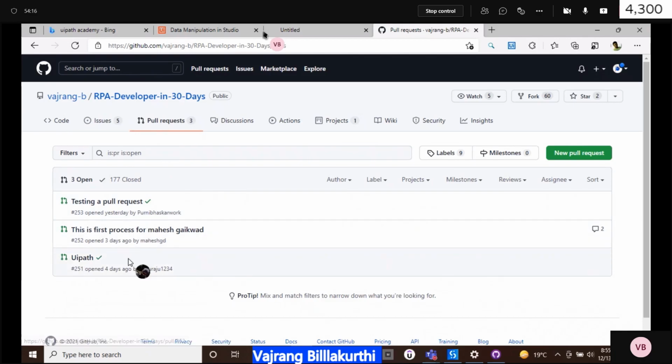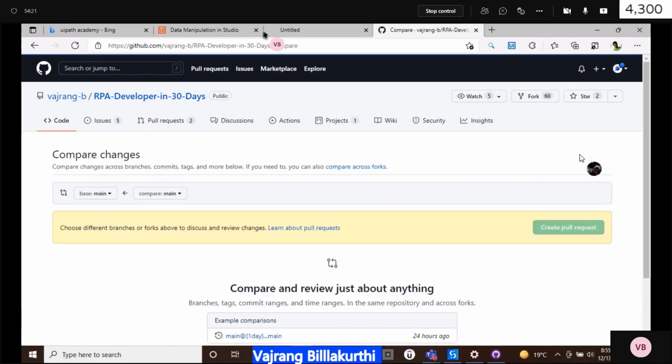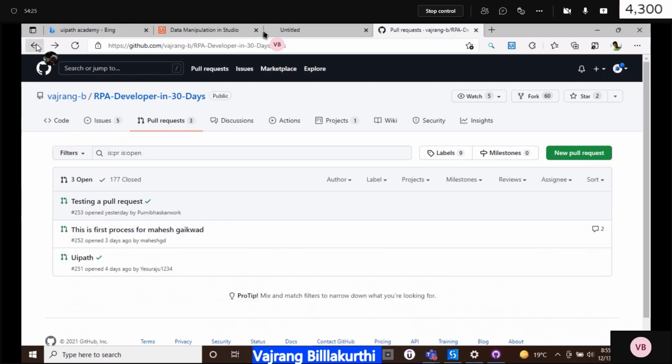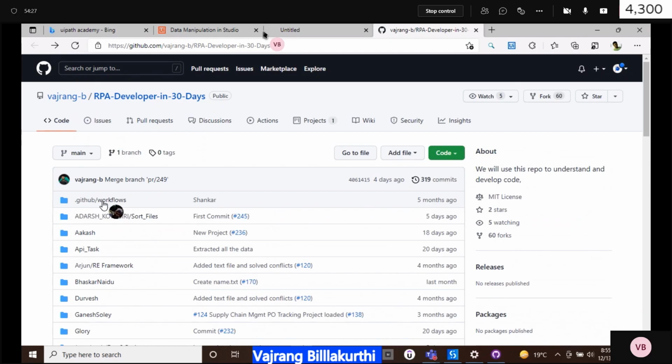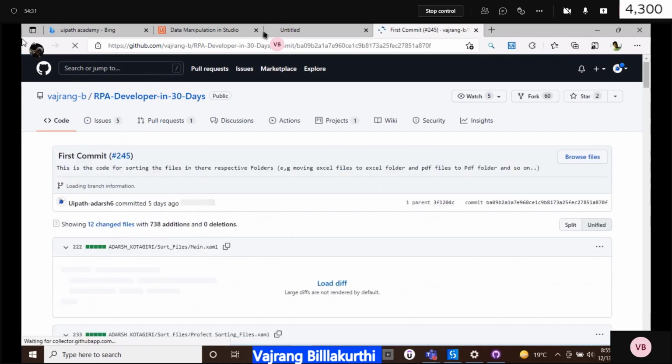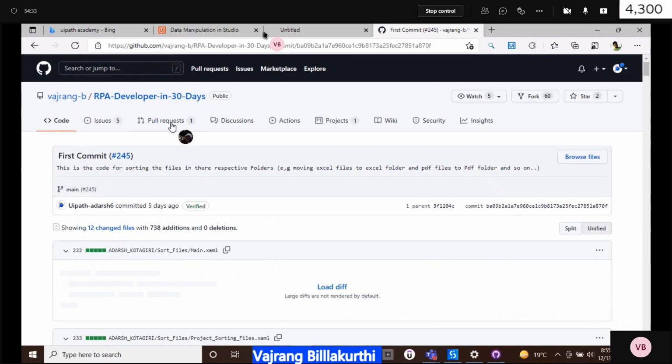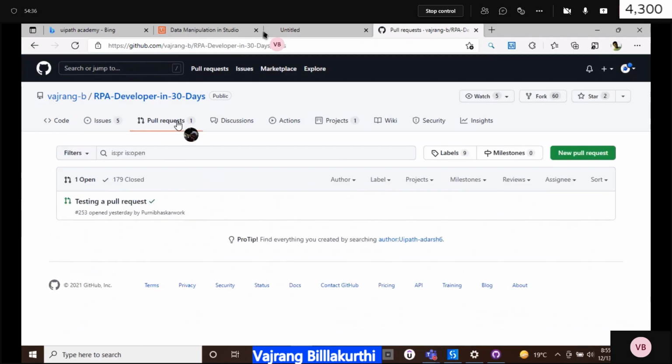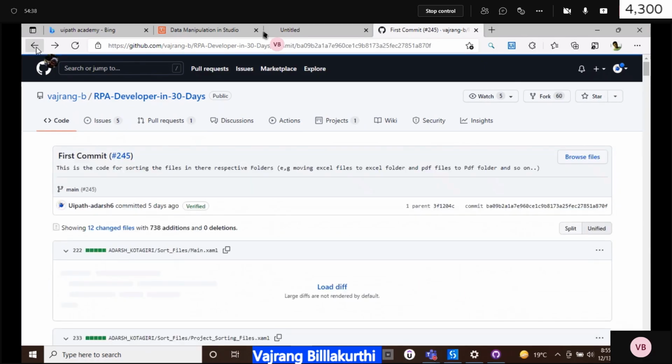Okay, first for Mahesh. Mahesh, your pull request is successfully accepted. And Pony Buster, this is different. Do we have the change? Do we have the pull request?